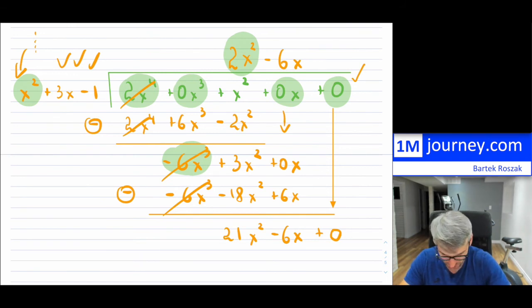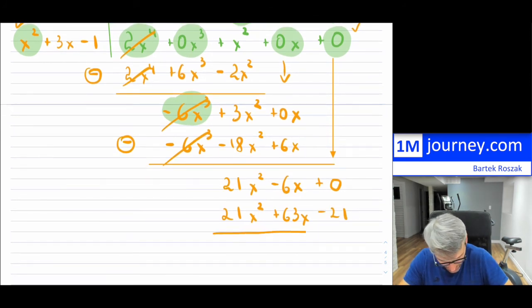And that will be, so I have 21x squared. So this, I guess, is going to be plus 21. And so that's going to give me 21x squared. And then 21 times 3, and that's going to give me positive 63x, I guess. And then minus 21, so divided by